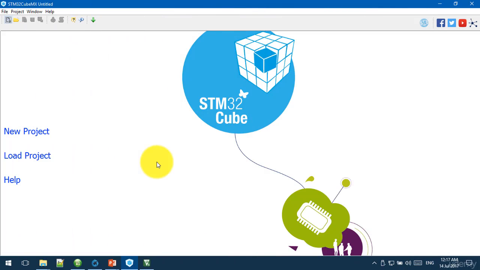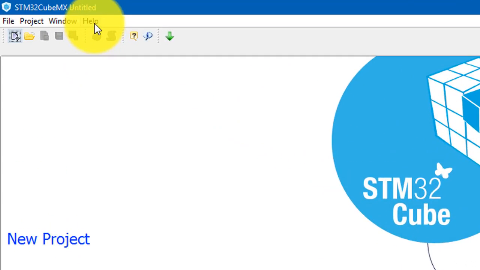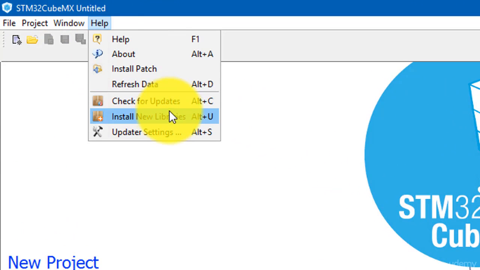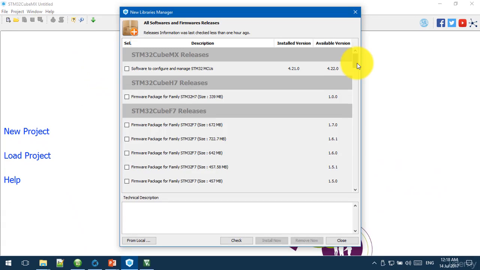Here, I will show you how to install the HAL libraries. After you install CubeMX, you can go to Help, Install New Libraries. Here there is a list of all libraries that are available.